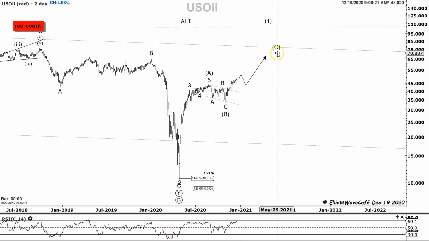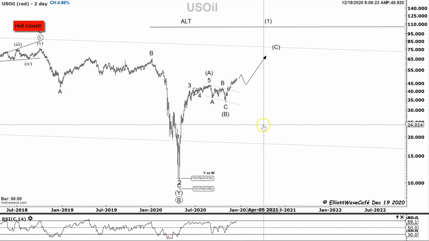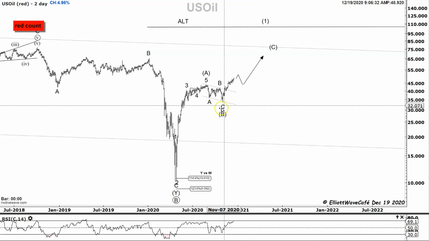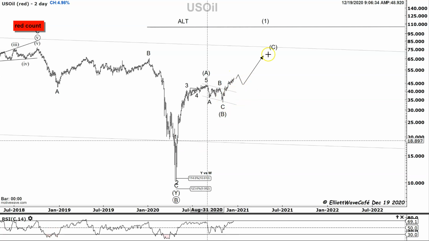So that's kind of what I'm seeing in the price of oil, and I remain kind of bullish on it. With everything that's going on with the reopening of the economy, with the reflation trade and so on, even though we might be getting some corrections in here short term, that could be just wave 1 of C. We're going to get a small pullback in here, but I think that's something that you want to buy,